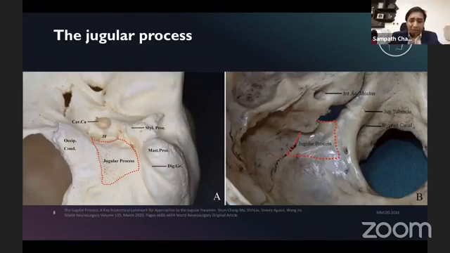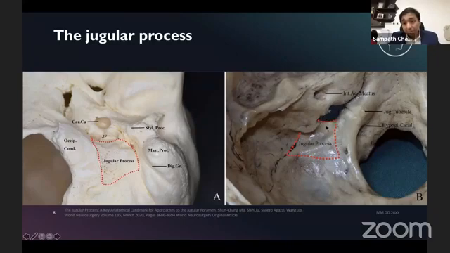But today we are going to try to focus on these areas here, and the topic now is the jugular process. So the jugular process is a quadrilateral or a triangular piece of bone, as one would see it, that lies between the mastoid process and the occipital condyle. This is from the undersurface of the skull base. Now, if you look at this from the inside, the intracranial view of the jugular process would appear something like this. Again, intracranially, this is the area of the sigmoid sinus, and the transverse sinus goes here, the sigmoid sinus, and then the sigmoid sinus goes into the jugular